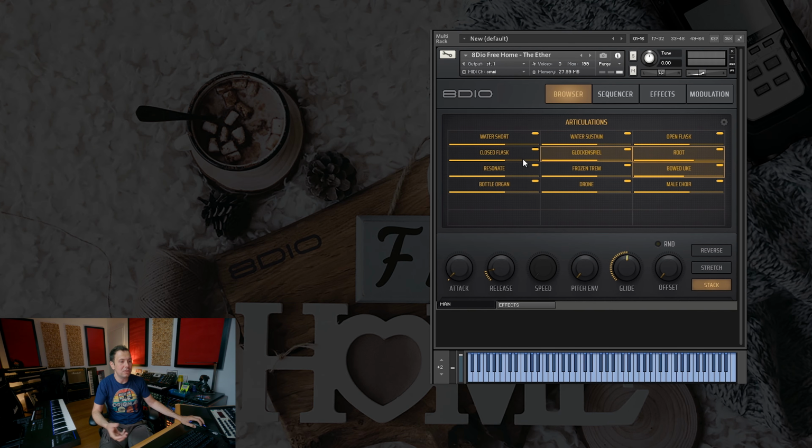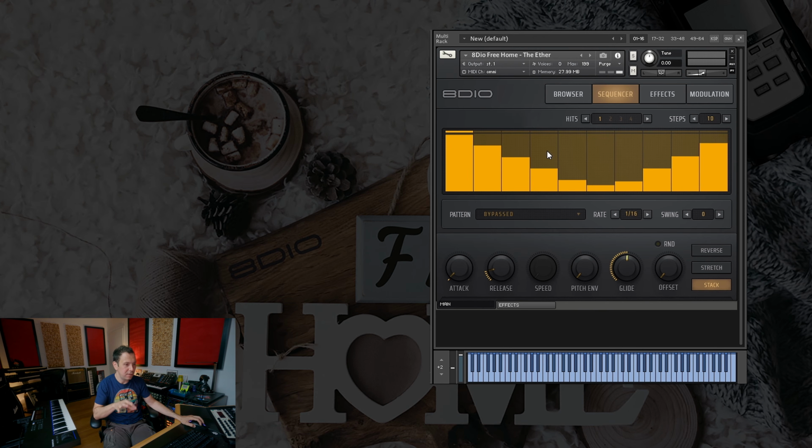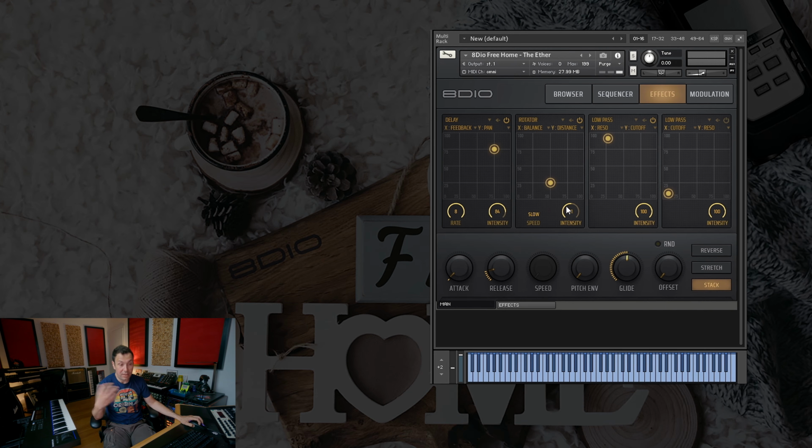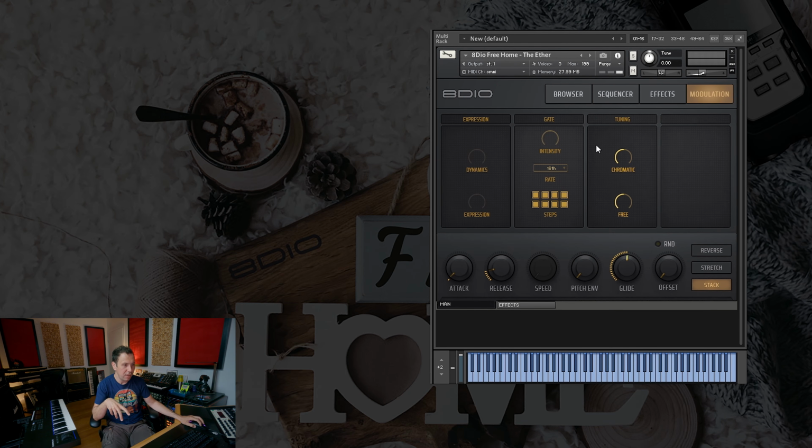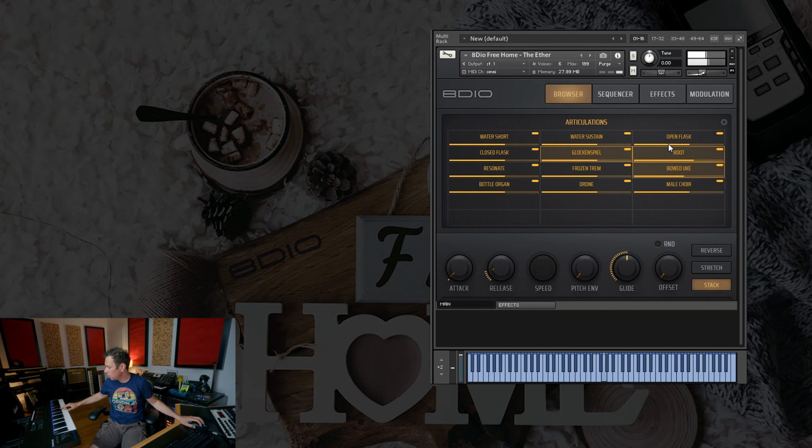These are pre-made. So here they've picked a stack of articulations. They've picked maybe a sequencer, no, but they could have. Effects, yes: delay, rotator, low pass, and then the 4th one's off. And then modulation seems to be pretty standard. So here,